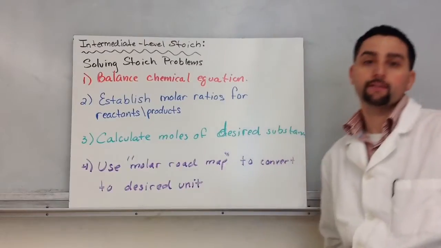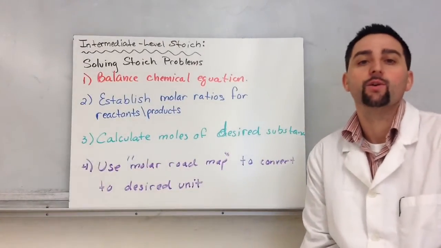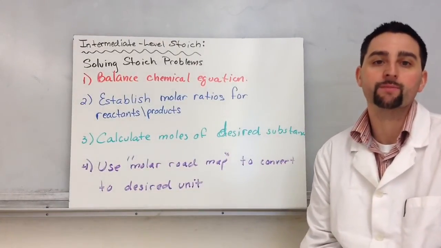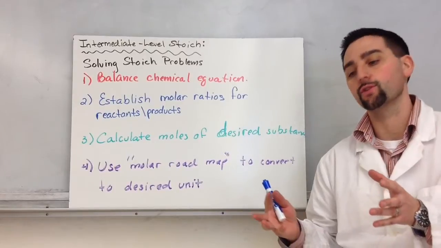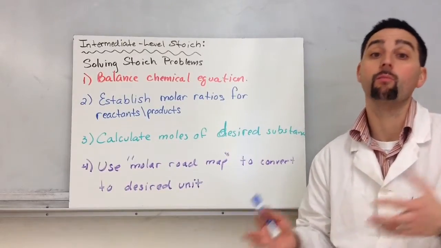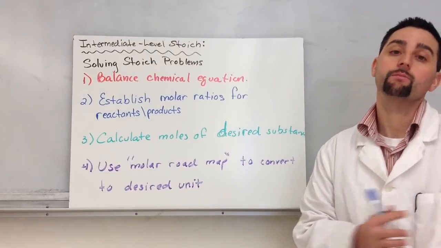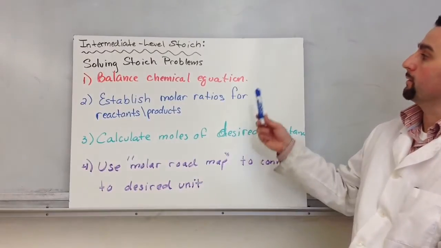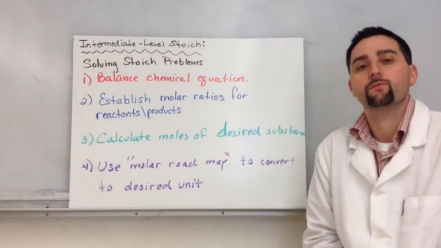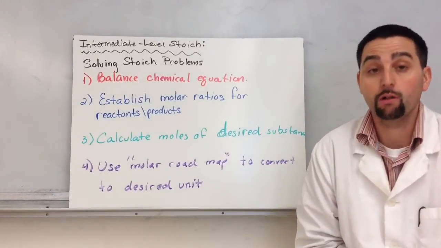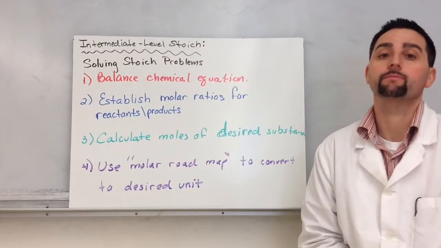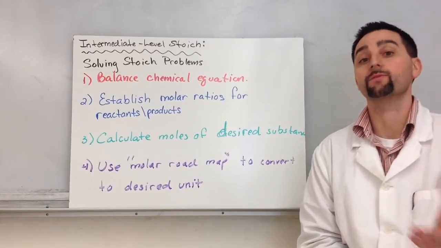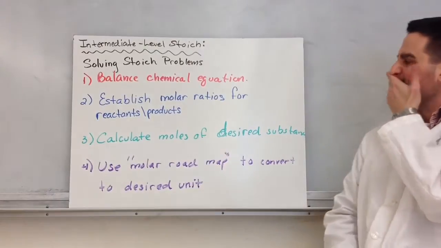Intermediate level stoichiometry. So previously, we've been doing stoichiometry problems that have asked you to go from moles of one substance to moles of another substance. But here we're going to up the ante just a little bit. What if they don't give you moles? What if they give you grams? Well, you've got to do one more step, right? Use molar mass, go from grams to moles. So in today's flip video,